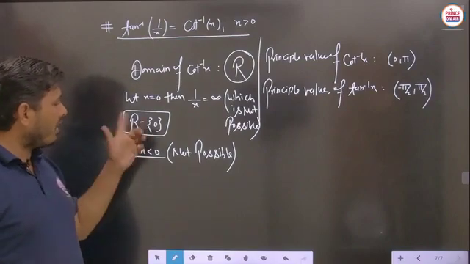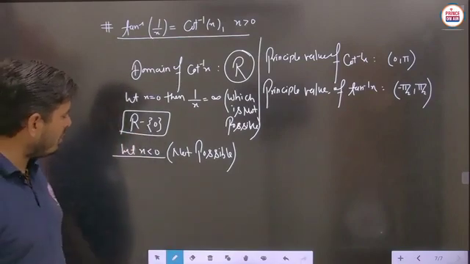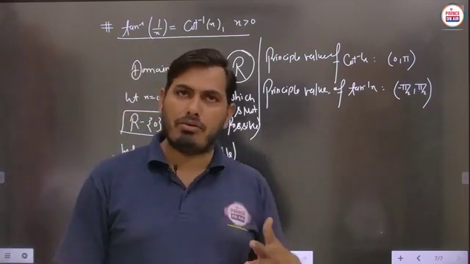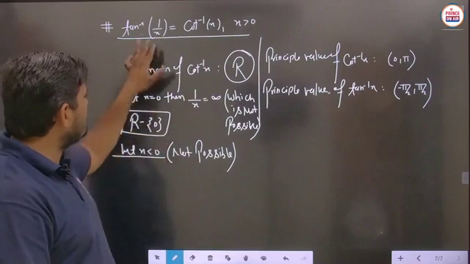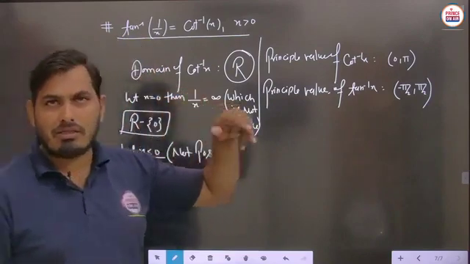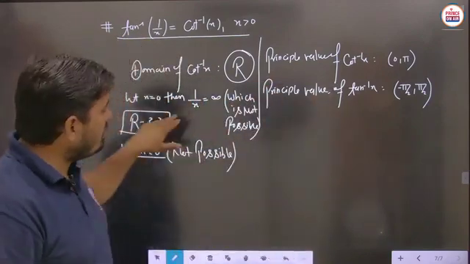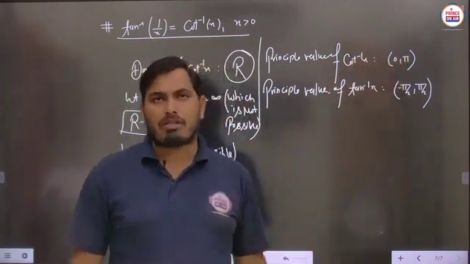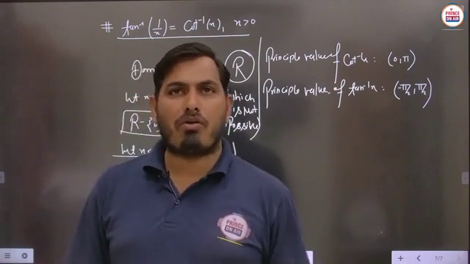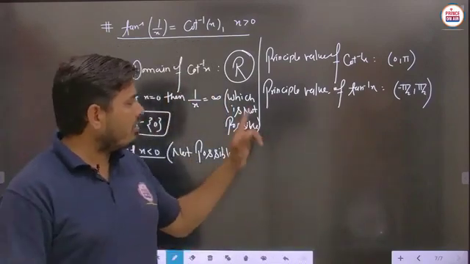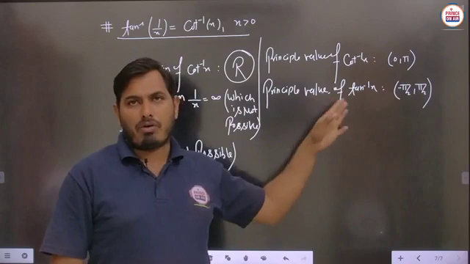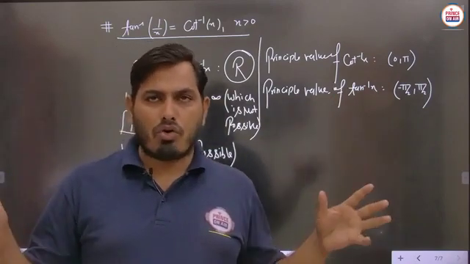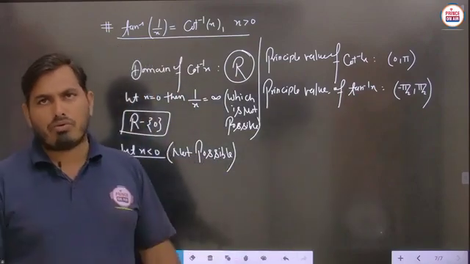So we can take R minus 0, but one more problem is there. Suppose we take x less than 0, then for x less than 0 tan will provide the answer in the second quadrant, and cot will also provide the answer in the second quadrant. But the principal value of cot inverse x belongs to the second quadrant as well as the first quadrant, and the first quadrant is valid for tan inverse x. So definitely for both functions, we have to take the common quadrant.